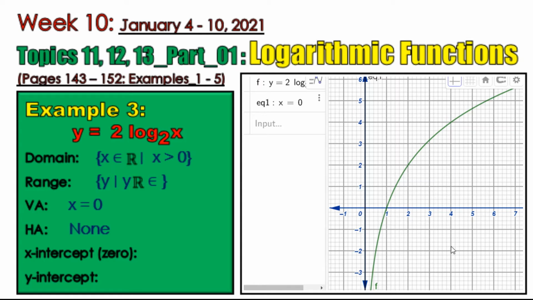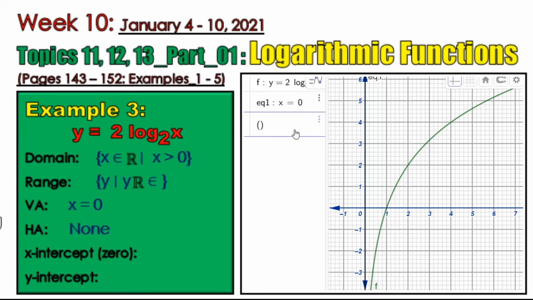So how about the x-intercept? Again, for your x-intercept, it is the value of your x when y is 0, or in other words, this is the value of your x of the point of intersection of the graph and the x-axis. So this graph intersects your x-axis at point